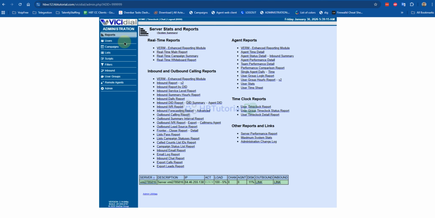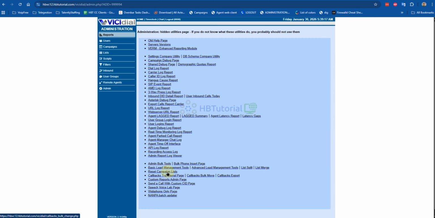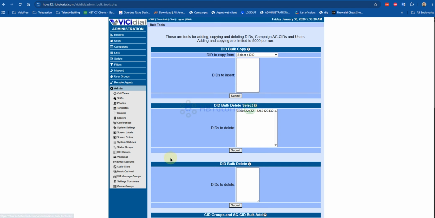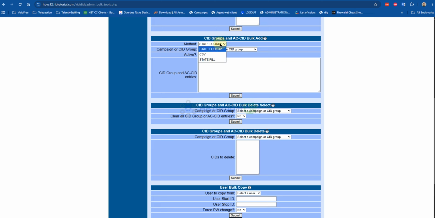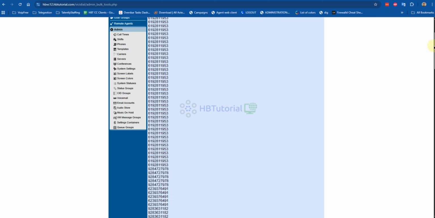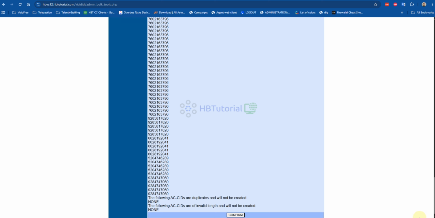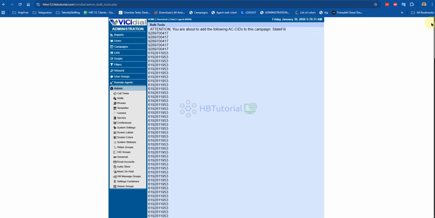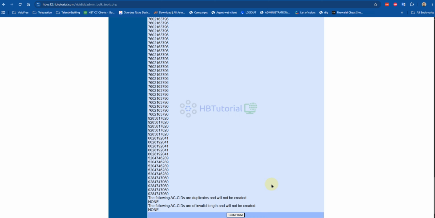Go to the reports, admin, then admin tools. So from here, this one is state lookup and the state fill. So when you do a state fill, okay, as you can see, I have a lot of caller IDs because the numbers were generated within the state.